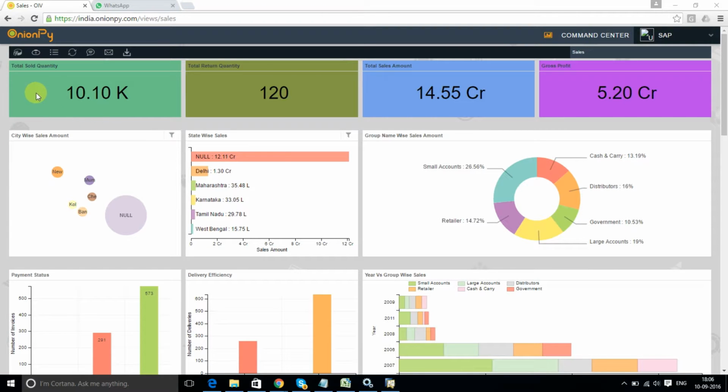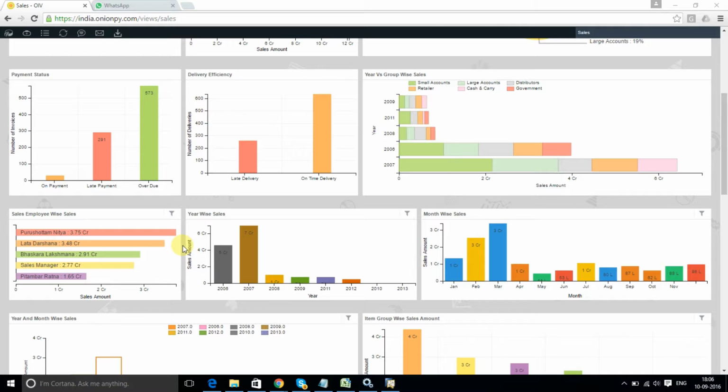I can see key performance indicators. I can see segmented sales data like customer segment wise sales data, state wise sales, city wise sales. I can also see comparison charts like year wise sales and month wise sales. Now as a business user,